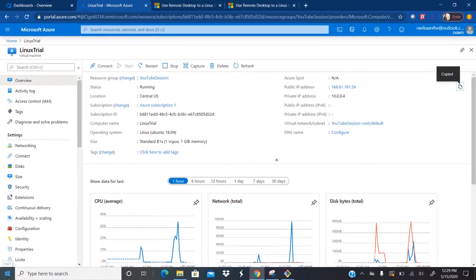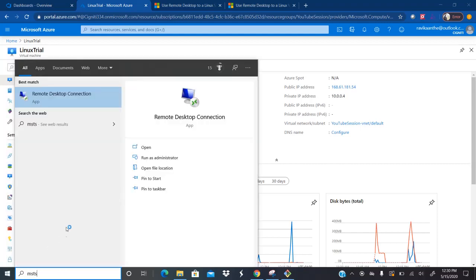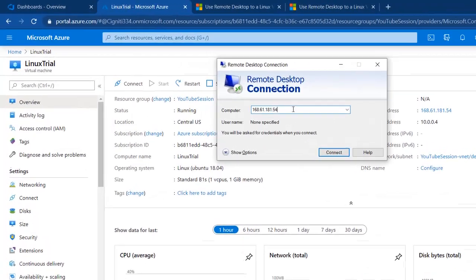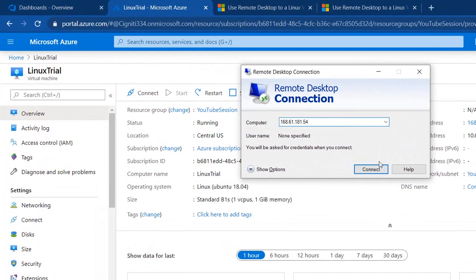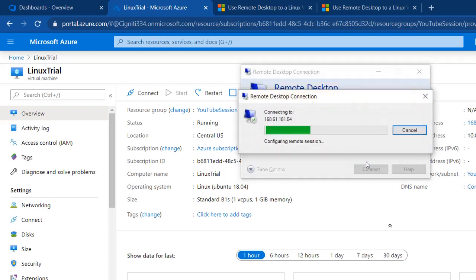Okay, so generally how can we connect to a virtual machine, I mean basically remote desktop, by using MSTSC. Okay, so this is my remote desktop connection. Okay, and then here paste the IP address of your remote desktop. Okay, and click on connect and click on yes.